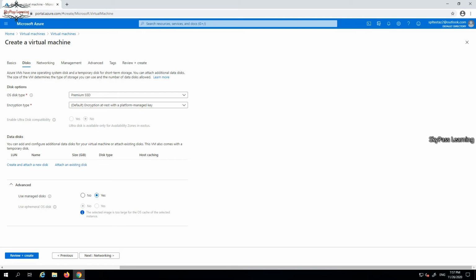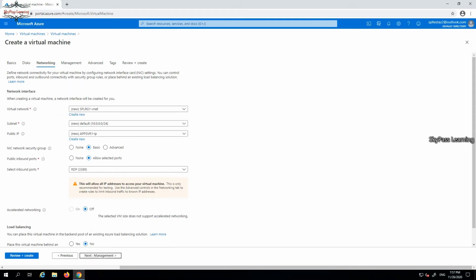Once we move to the network section, we can see the default virtual network, VNet, is created now. It's going to create a new virtual network because right now no virtual network has been created by us. If you want to create it manually, you can also create it from here. Otherwise, it will take it as